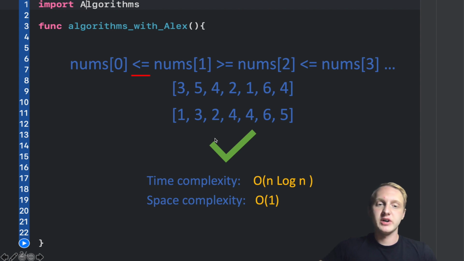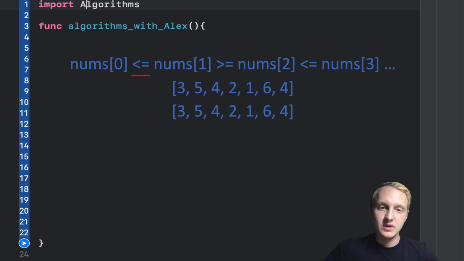We can actually do better. What's the better way? So we have this array 3, 5, 4, 2, 1, 6, and 4. And if we notice, our constraints are tightly connected with the indexing and the position, meaning